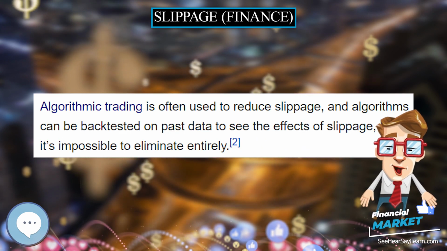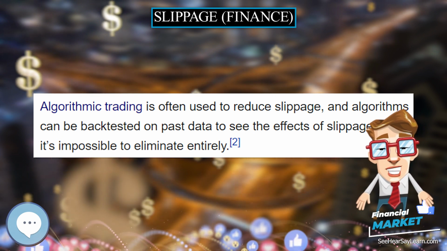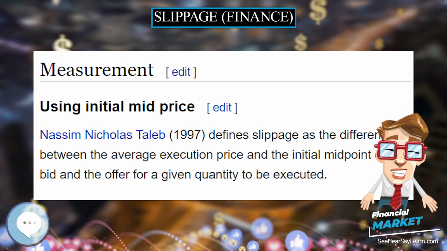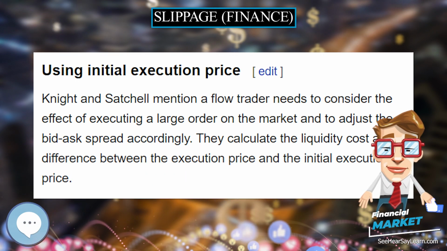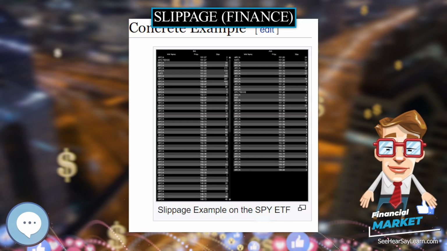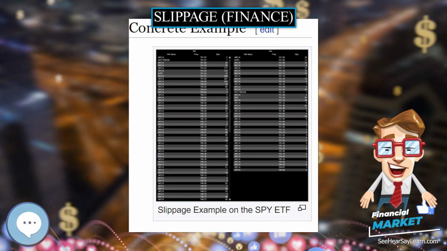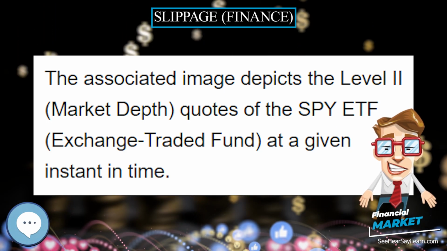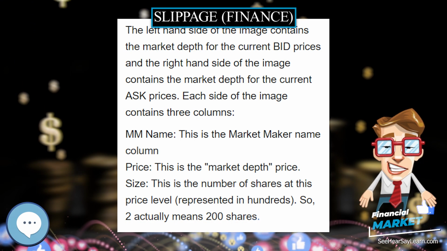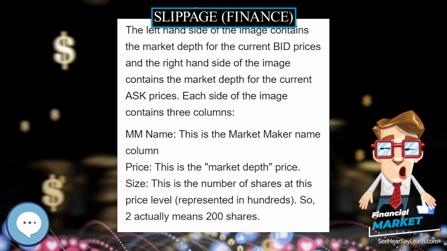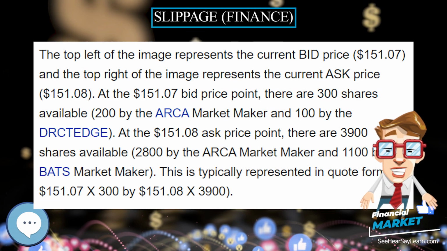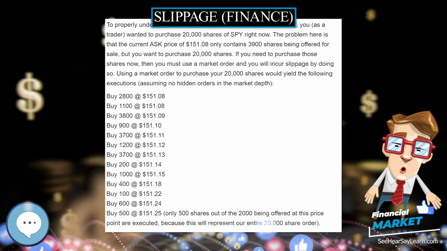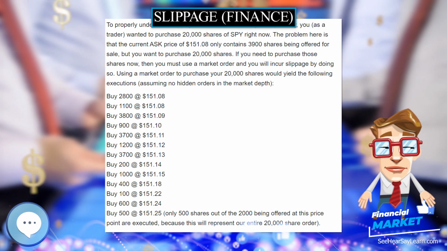Buy 2,800 at $151.08, buy 1,100 at $151.08, buy 3,800 at $151.09, buy 900 at $151.10, buy 3,700 at $151.11, buy 1,200 at $151.12, buy 3,700 at $151.13,